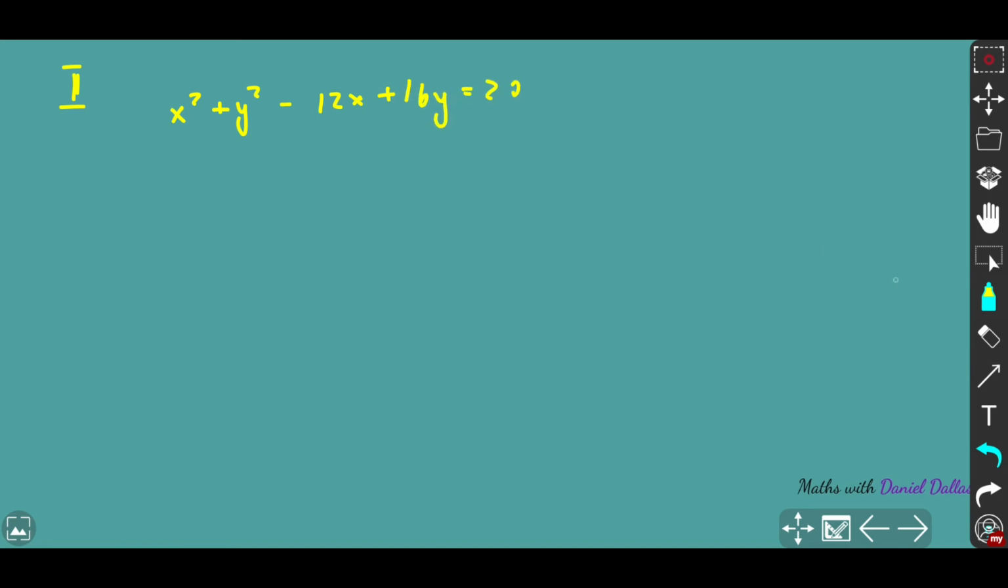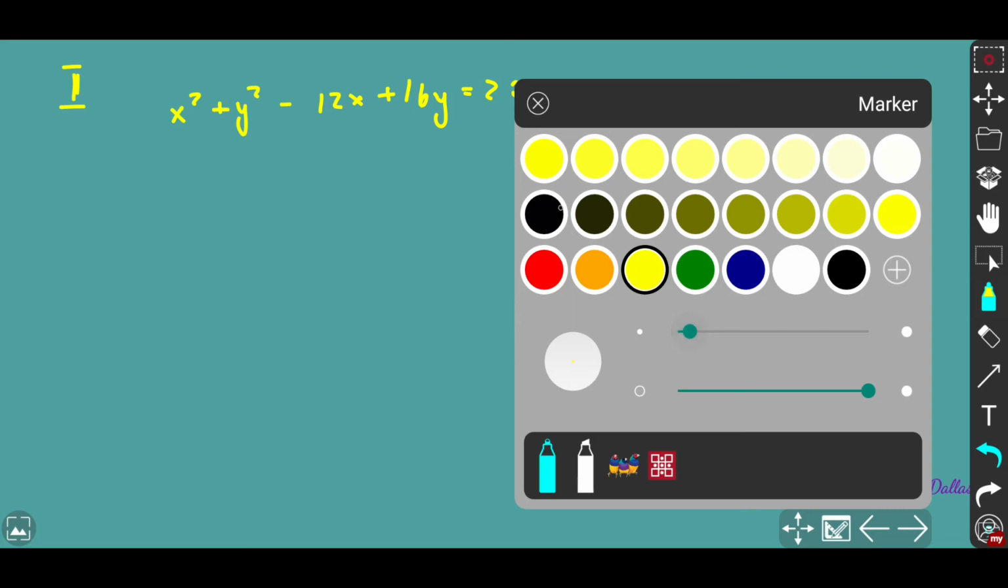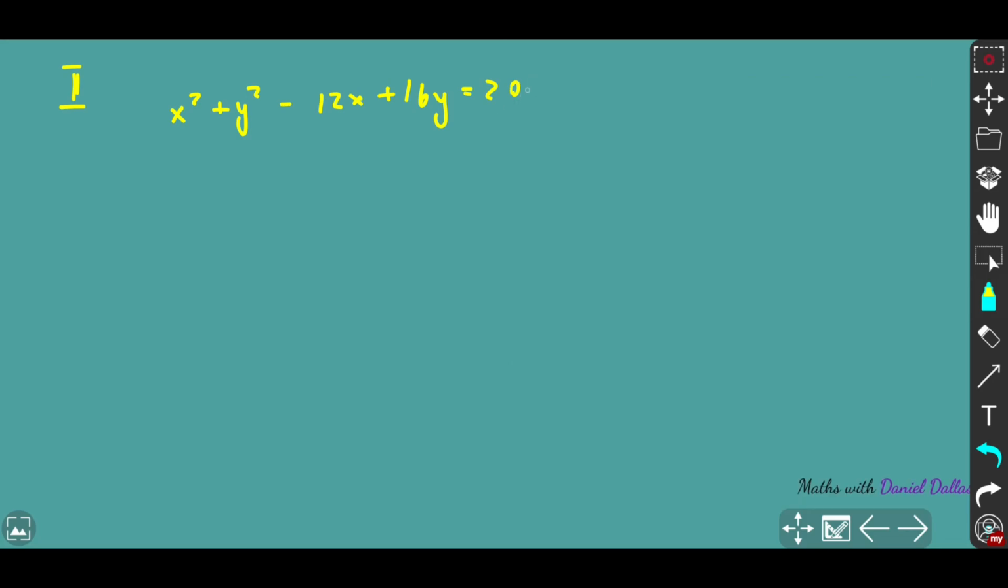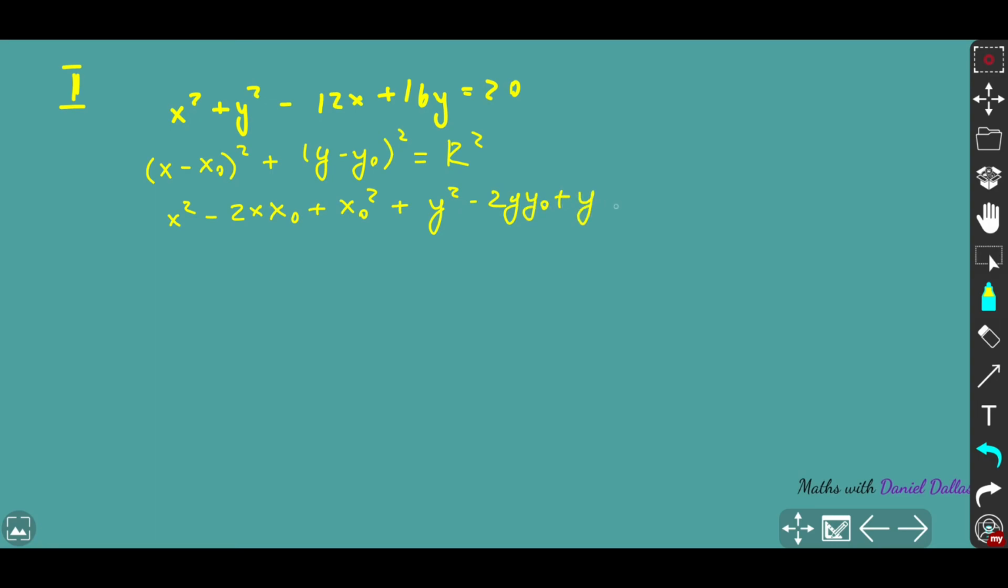So what I'm going to do right now, just lower the font size. Okay. What I'm going to do, I'm just going to set up the general equation: x minus x0 squared plus y minus y0 squared equals r squared. Now I'm going to expand that in general form. x squared minus 2x x0 plus x0 squared, and also here y squared minus 2y y0 plus y0 squared equals r squared. Okay,